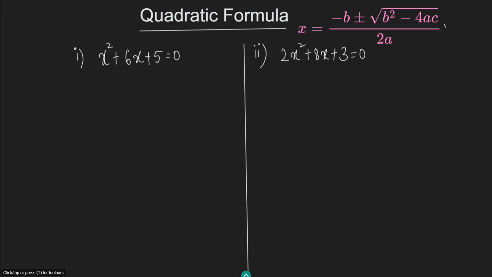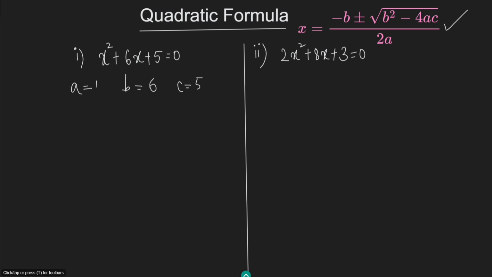And the formula is given by x equals minus b plus or minus the square root of b square minus 4ac, divided by 2a. We are going to solve two equations using the quadratic formula. Let's do the first one, which is given by x square plus 6x plus 5 equal to 0. Here a equal to 1, which is the coefficient of x square, b equal to 6, the coefficient of x, and c